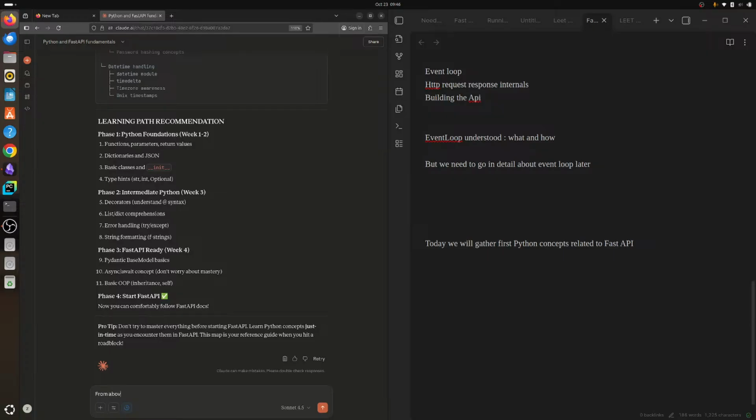Above given, what are the concepts? Find the definition and example. It's fine. And what are the concepts I need to know in detail